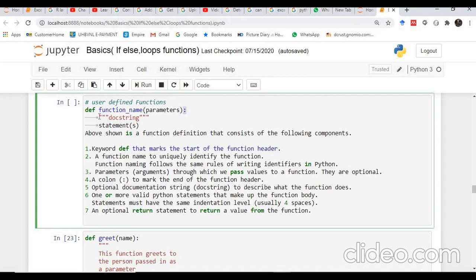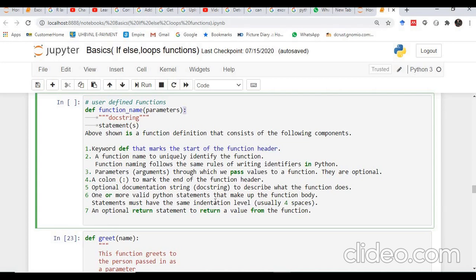You can skip this, but see how we put the docstring using triple double quotes on both sides. After that there will be a statement or a set of statements that will be executed for this function. There is indentation at the beginning of each statement to tell that all these statements are part of the body of the function.